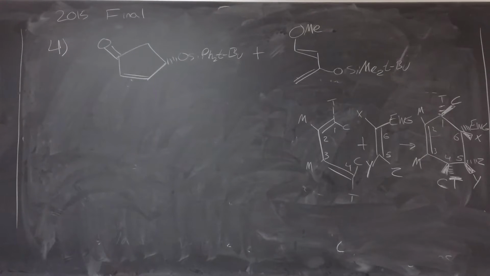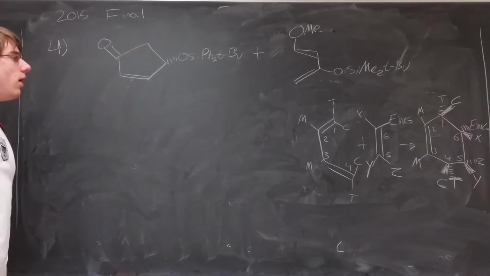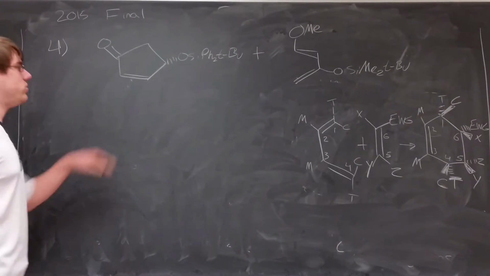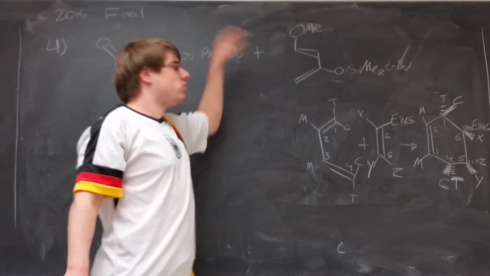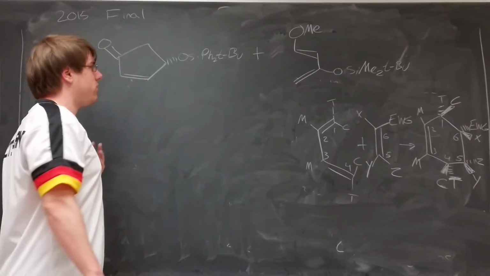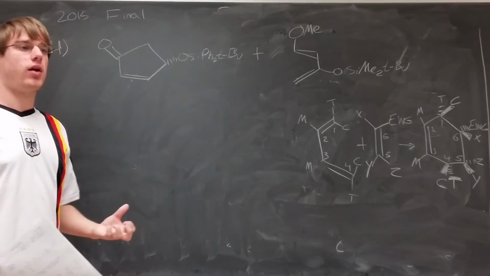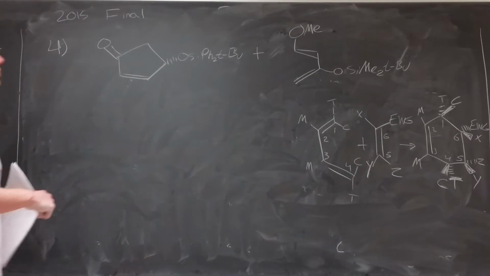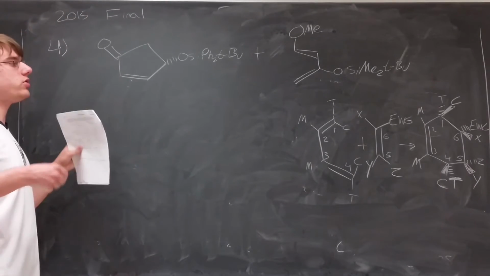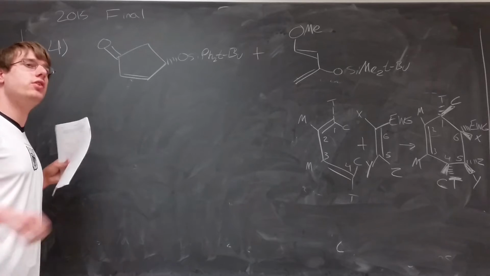Question number 4 is on Diels-Alder reactions, which you learned for the first exam. So the question asks, you take this and this, you react them together, and they give you a product, and what is that product? Now, let's start by identifying what is your diene and your dienophile, because every Diels-Alder reaction